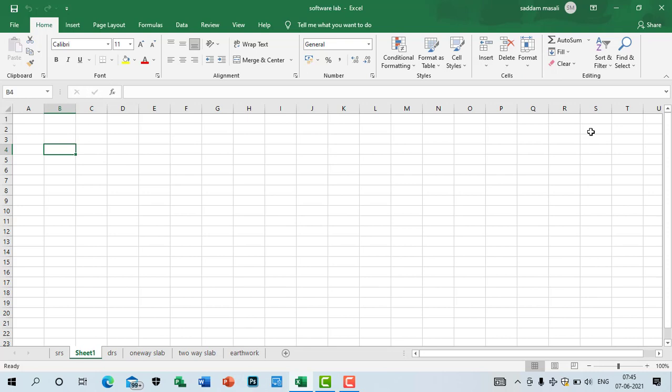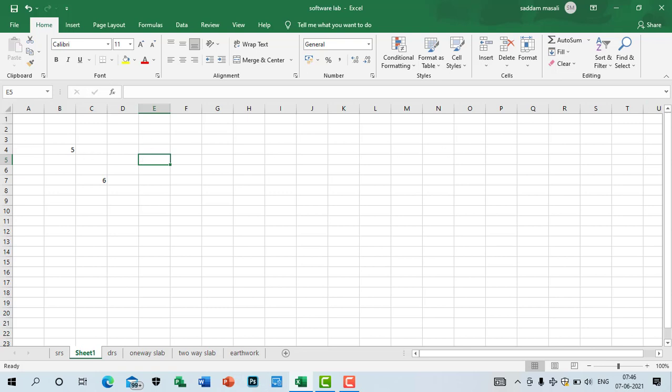Let me write a number as 5. Similarly, let me select this cell and write the number as 6. Now if I want to add these two cells, the value 5 plus 6 which is equal to 11,